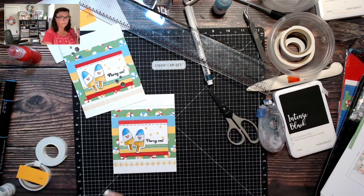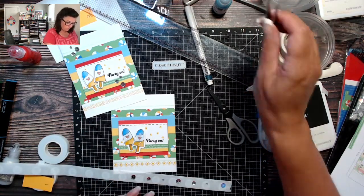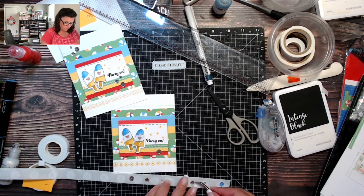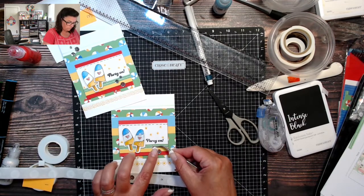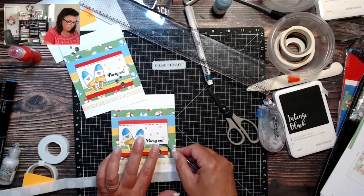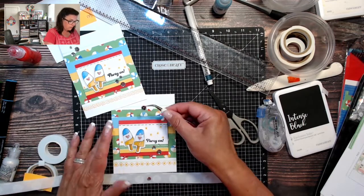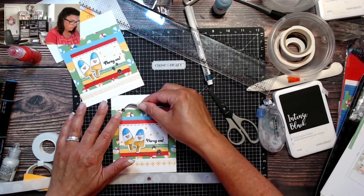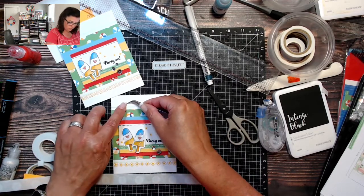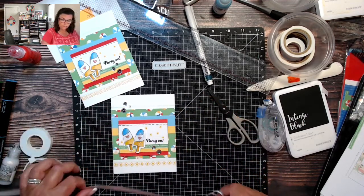So then I will add my sequins. And like I said, I just put these on glue dots before, but I would just normally pick out the ones that I wanted and add them right on the glue dots as I went. So, and these are just like 3 of the different sizes of